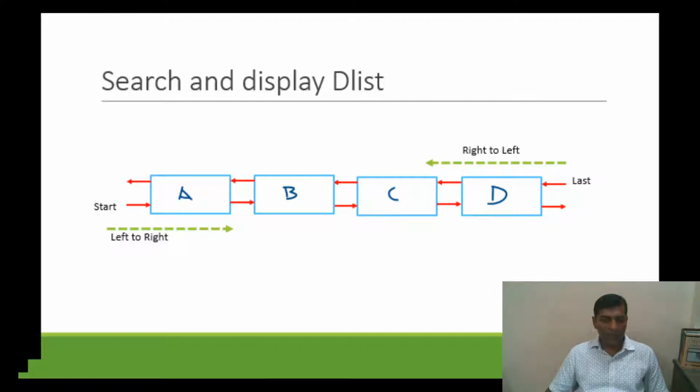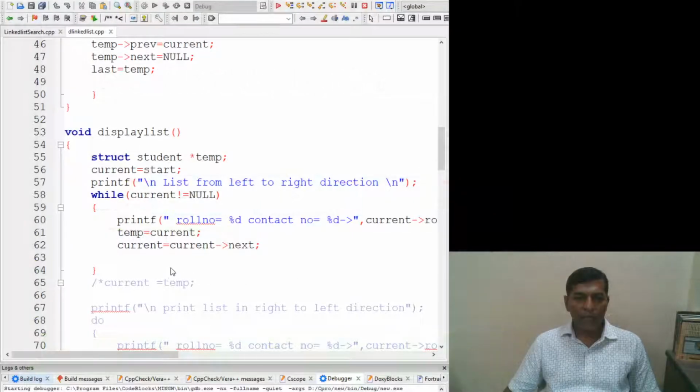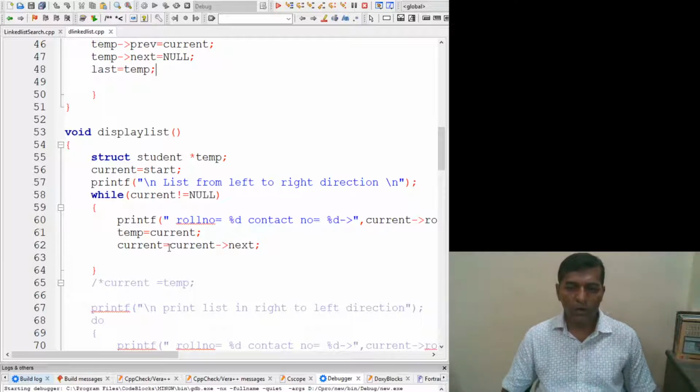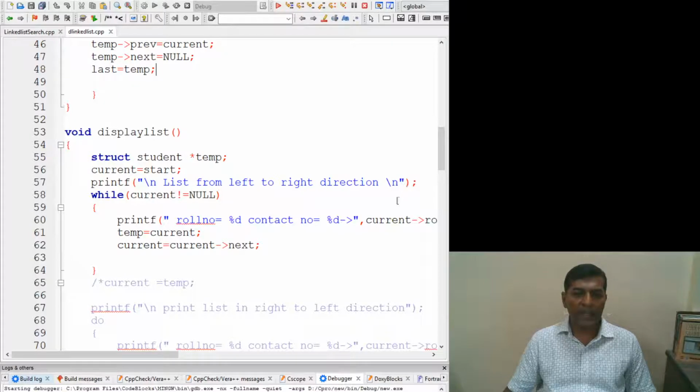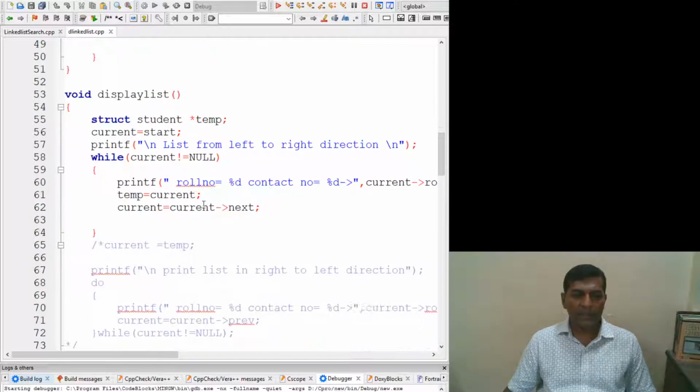So we will have to display the contents of B and move further with current is equal to current next. We will move to C and then again print the values with current roll number and current contact number, and we keep doing it until we reach the last element in the list.